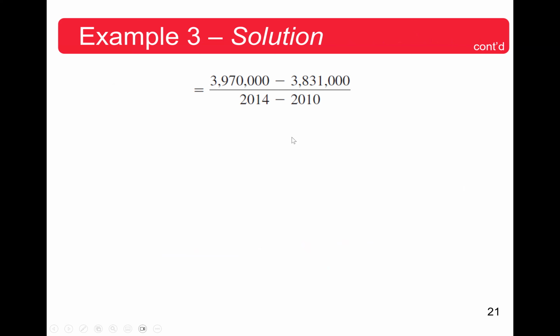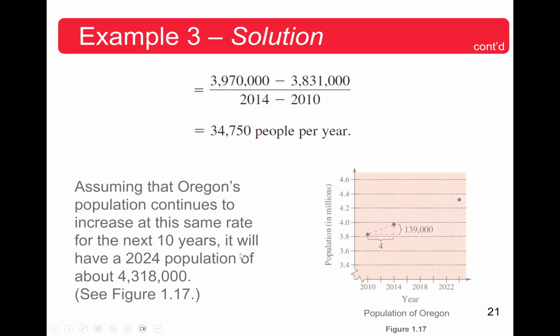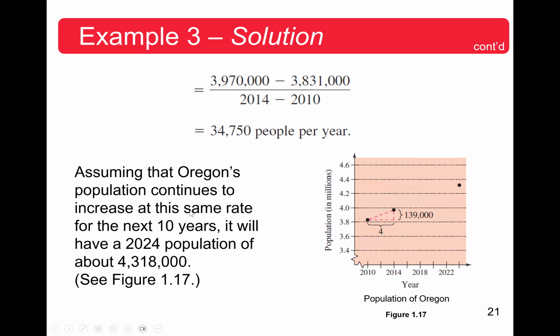Now the change in population is from 3,831,000 to 3,970,000. Then remember, 2014 will be x2. At present, 2014 is 3,970,000. In 2010, it was 3,831,000. So we solve this problem. The change is increasing from 2010 to 2014. On average the population increased by 34,750 per year. So here we see, assuming that the Oregon population continues to increase at the same rate for the next 10 years,